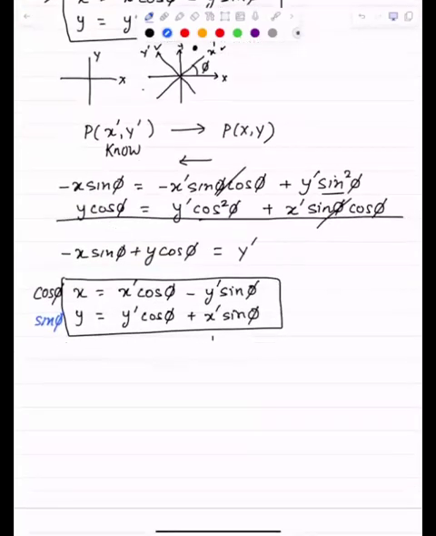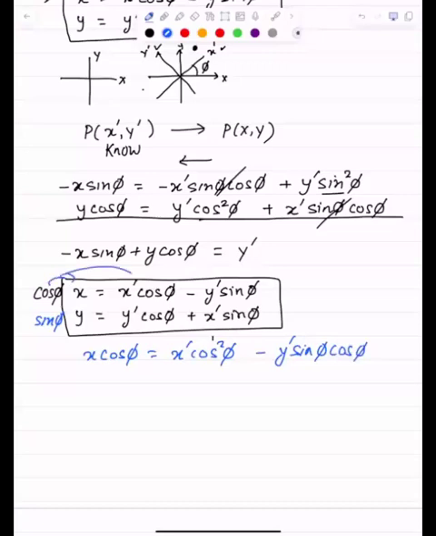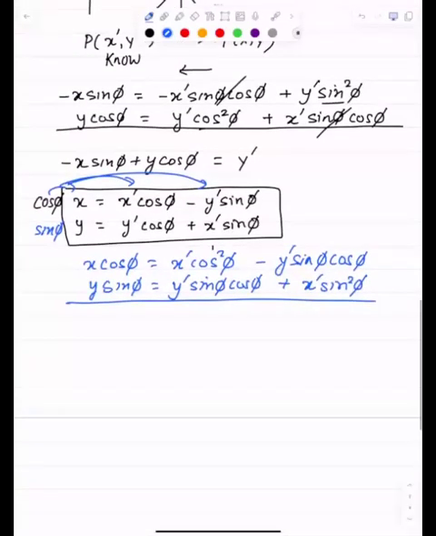So let's see what we get. We get x times cosine phi equals x prime cosine squared phi minus y prime sine phi cosine phi, just distributing to each of these. And the other one will be y sine phi equals y prime sine phi cosine phi plus x prime sine squared phi. You add the two again, and we get x cosine phi plus y sine phi equals,